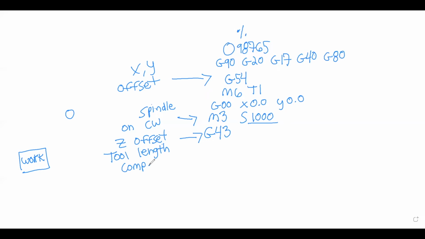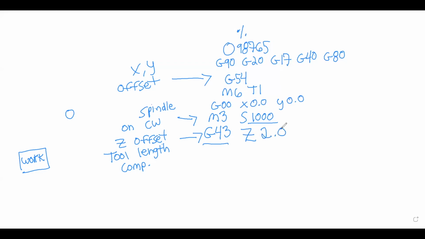From that position, a tool offset will be recorded, telling the machine the distance to compensate in our Z from the machine 0 to our workpiece. Now, G43 is going to compensate from machine 0 to our workpiece, and then we're going to give it a Z height. So we'll say Z